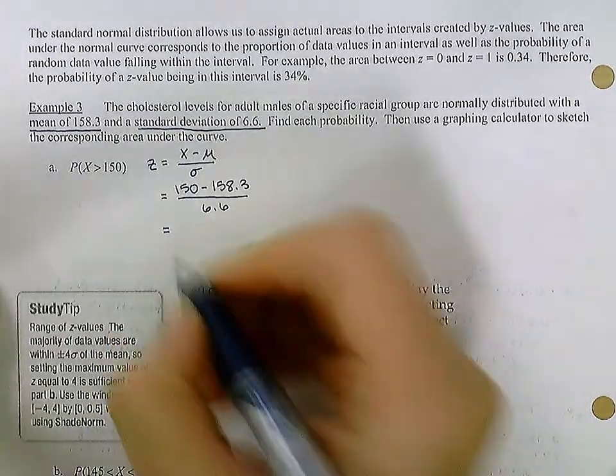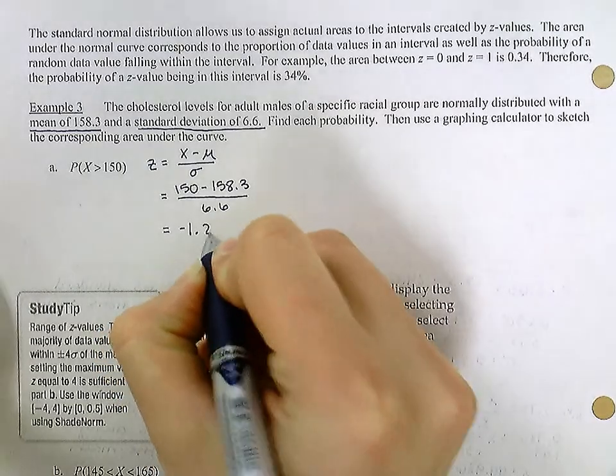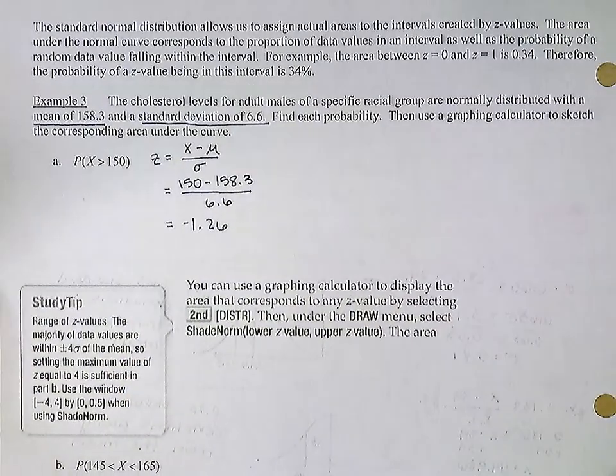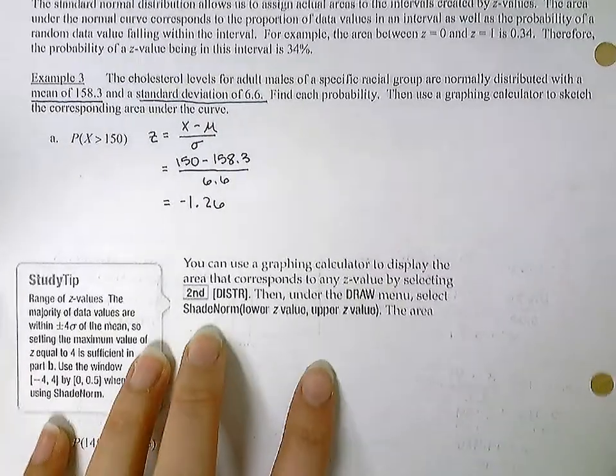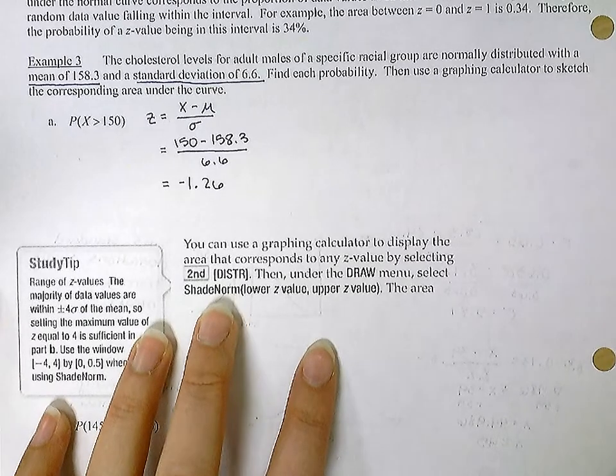And I get negative 1.26 rounded. Okay, so it does end up with a stretched out decimal. I just rounded it to 0.26 there. Okay, so that's our z value. Since we are looking for values greater, that means I need to go from negative 1.26 all the way to 3. However, if I look at this next part here, it'll tell me how to put this into my